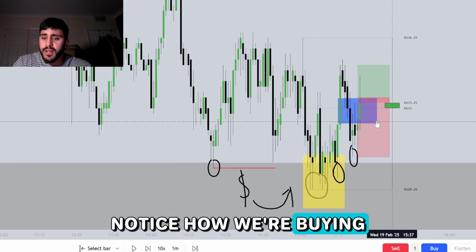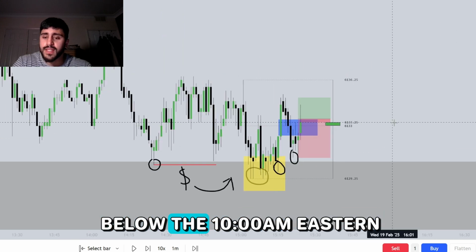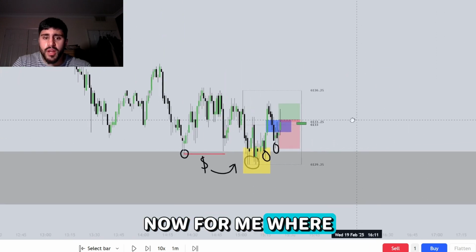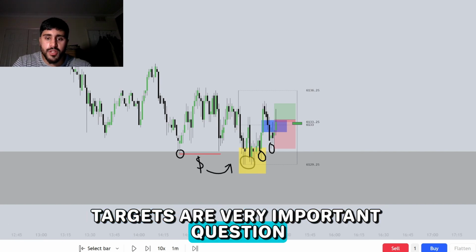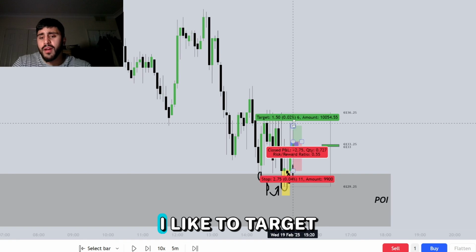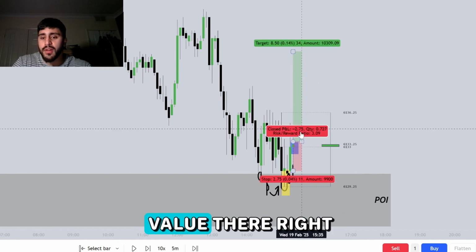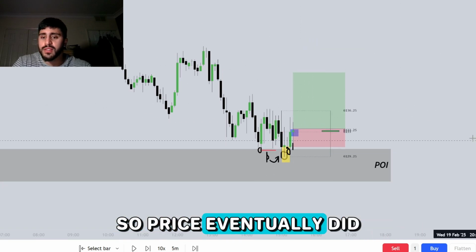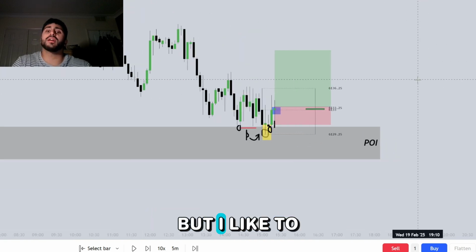wicks. Notice how we're buying, or we've had confirmation, below the 10 a.m. Eastern. So now from here, where do we target, right? Targets are a very important question. So if we just go up to the 5 minute time frame, I like to target the most local fair value gap, right? This is very important. So price eventually did rally all the way up here, but I like to take partials